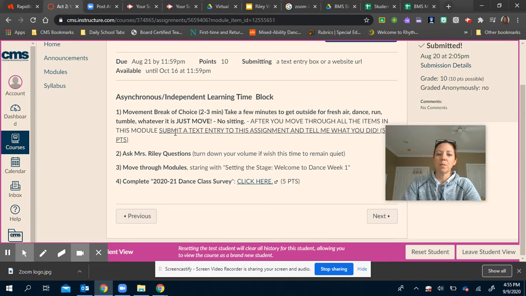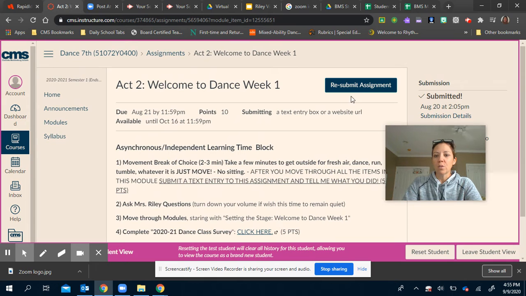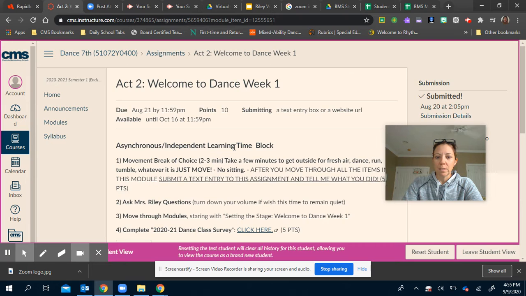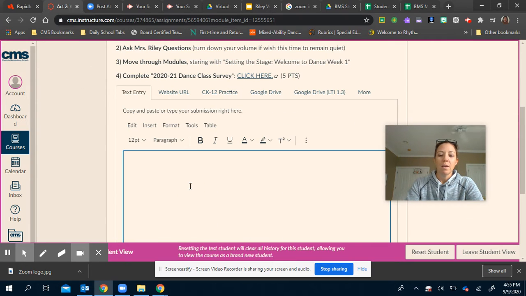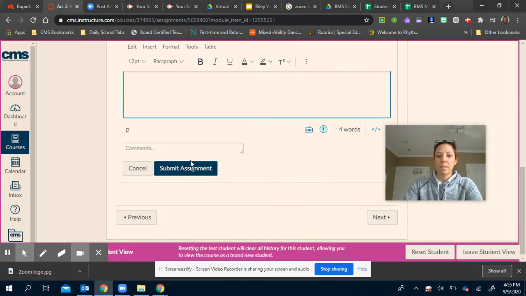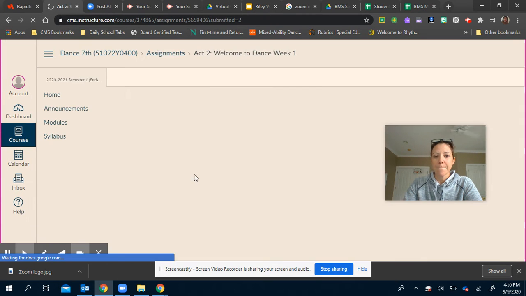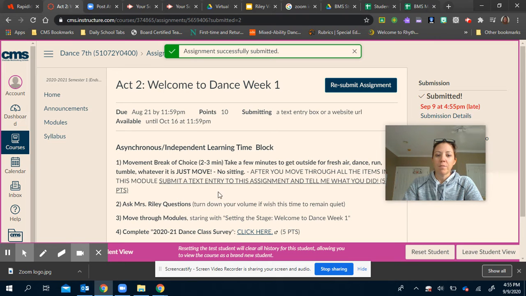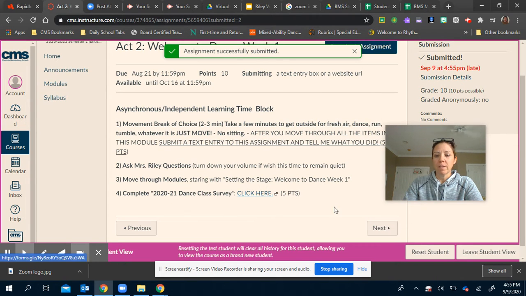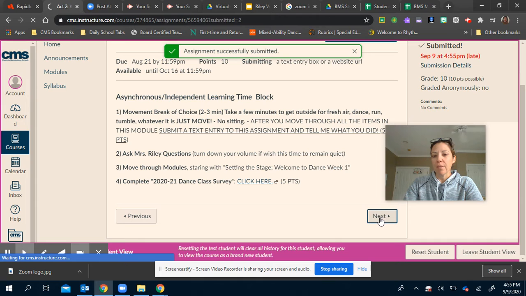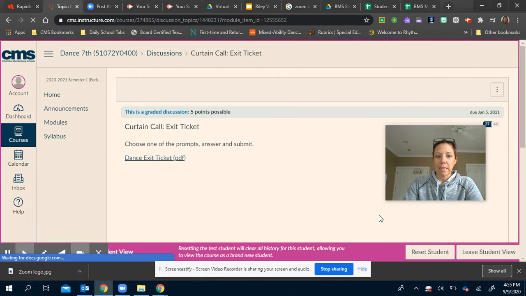So this one asks you to submit a text entry to this assignment and tell me what you did. So the students would go to the top, it would say submit assignment. This says resubmit because I've already done this a few times. And maybe they ran around the block. They submit the assignment. Also follow instructions, make sure there's nothing else. There was a survey built in here, but this will allow them to progress to the next section,